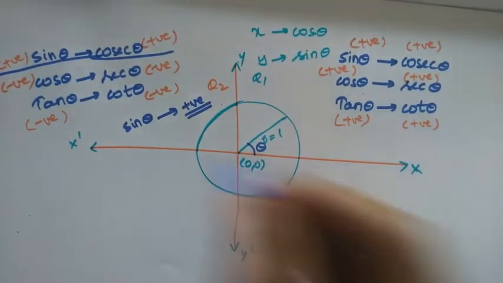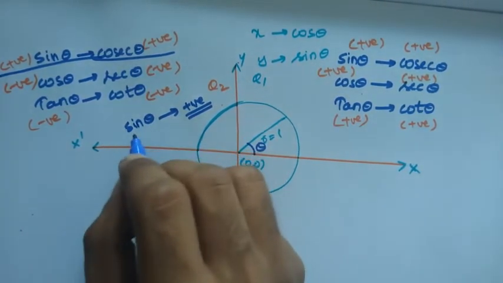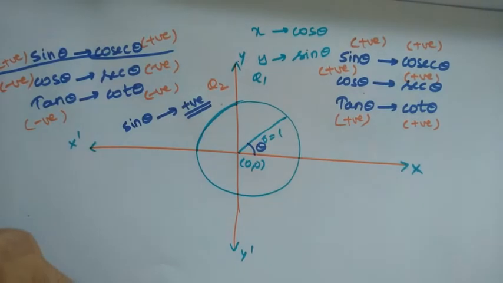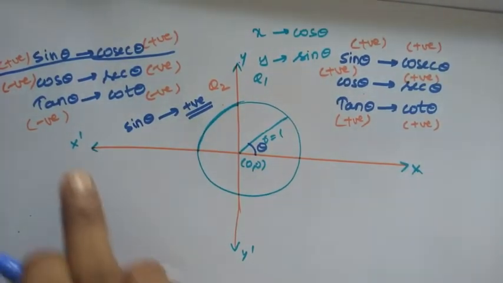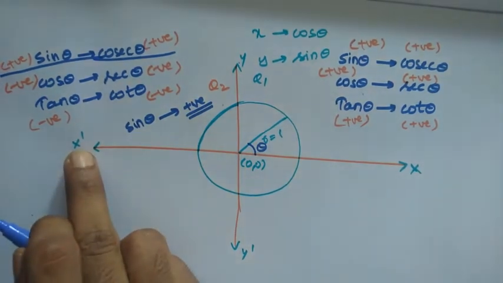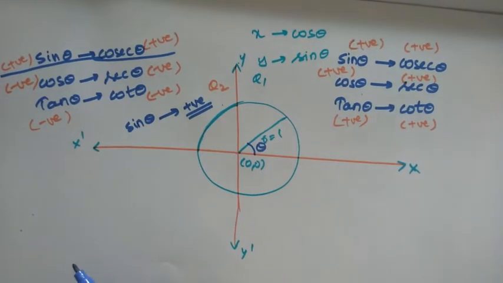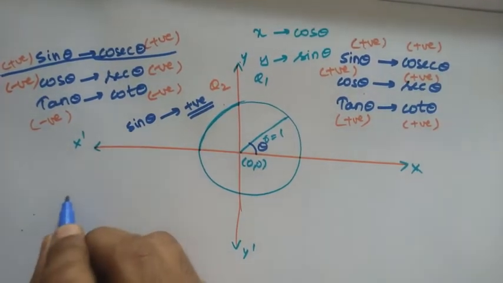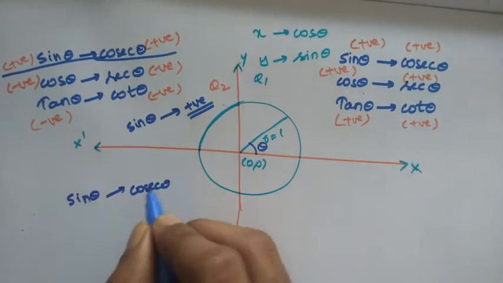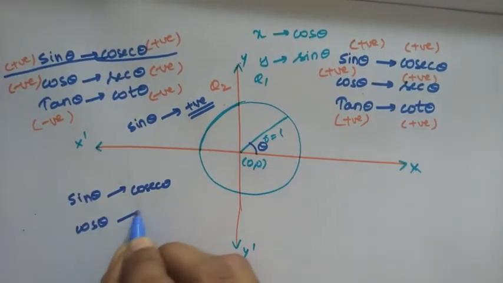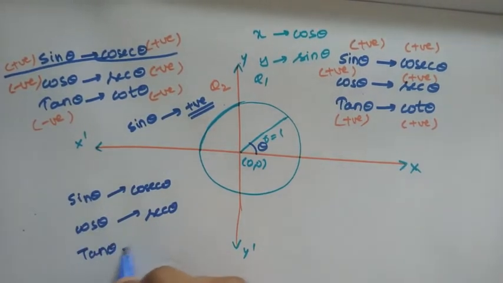Okay, remember, I am writing only sine. So if I write sine here, you need to consider also its reciprocal. Okay, remember that. So now coming to quadrant 3. If it is quadrant 3, that means if this theta lies between 180 and 270, then let us check which trigonometric ratios will be positive. Okay, so once again I am going to write here sine theta, its reciprocal is cosecant theta, cos theta, its reciprocal secant theta, tan theta, its reciprocal cot theta.